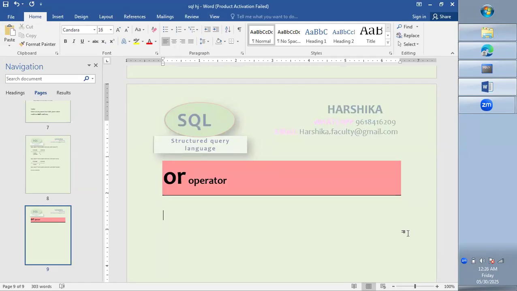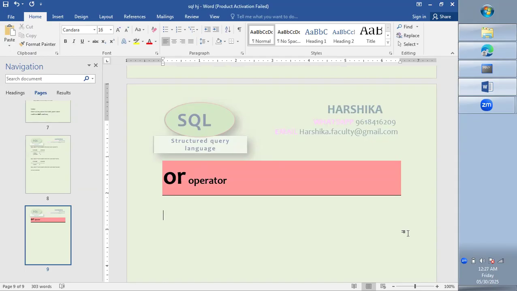When we use the OR operator in between multiple conditions, if any one condition is satisfied, the data will be selected. If any one condition is true, then the data will be selected. So if a row has any one condition true, then the matching row will be selected. It is not necessary that all the multiple conditions you have mentioned must be satisfied. If any one condition which you have mentioned is satisfied for a particular row, then that row will be selected